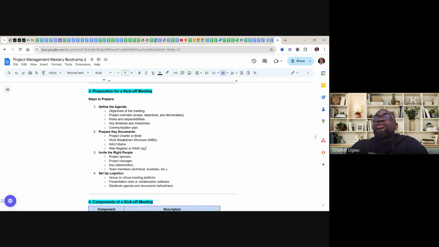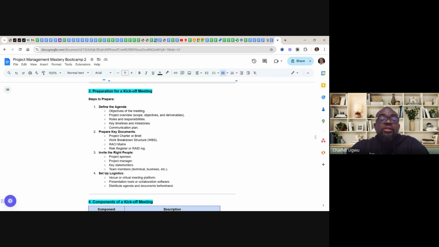If there's risk, as you are starting a project, you're already into a risk. So there's what we call expected risk. You identify expected risk. If you look at the project brief, you see there's an area where we talk about expected risk. So it's good, if you have a risk register where you've captured this expected risk, to introduce it immediately. If you don't have it, then it's a good thing to start.